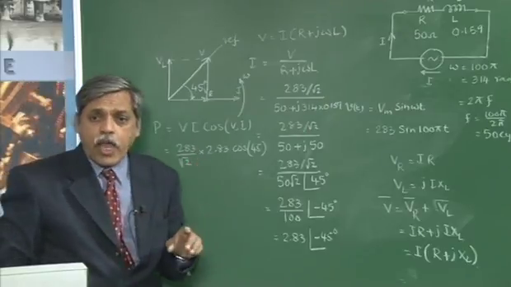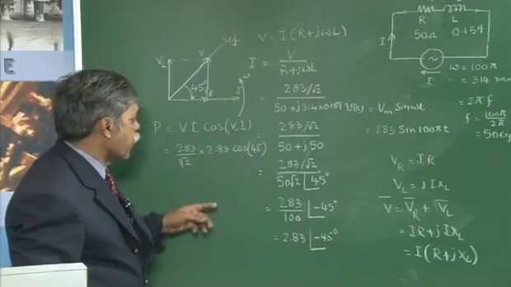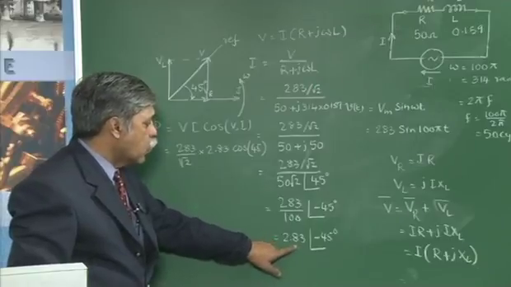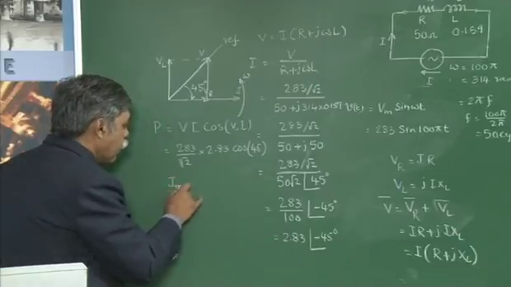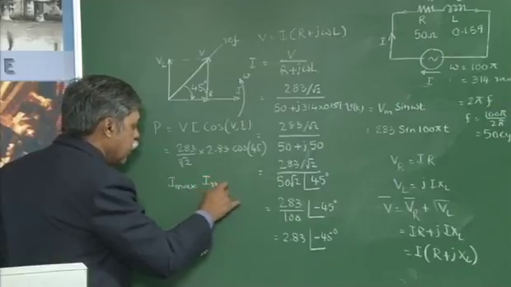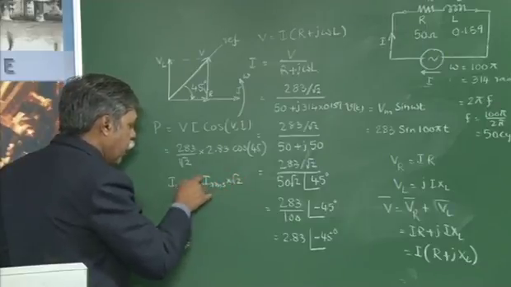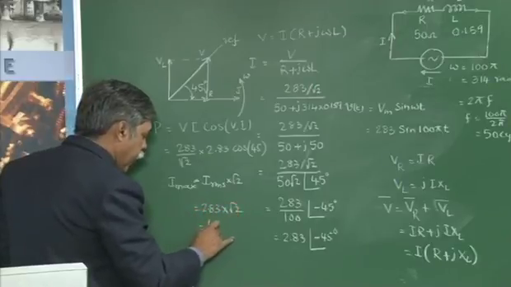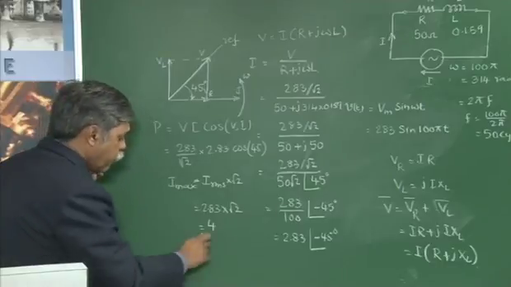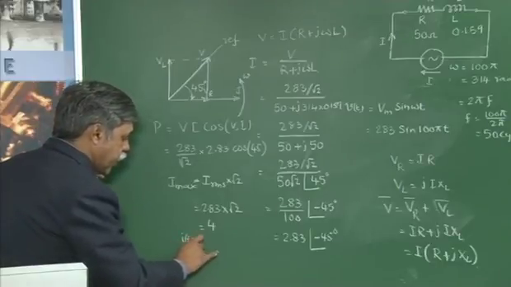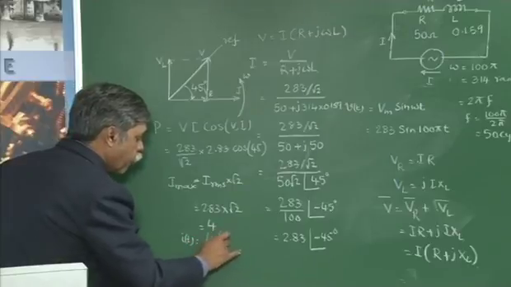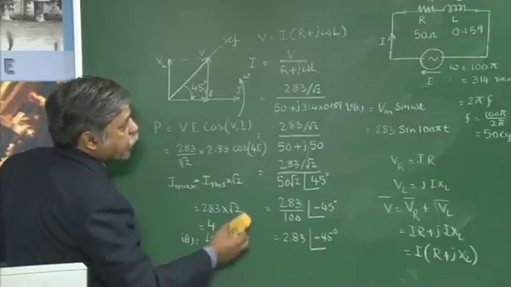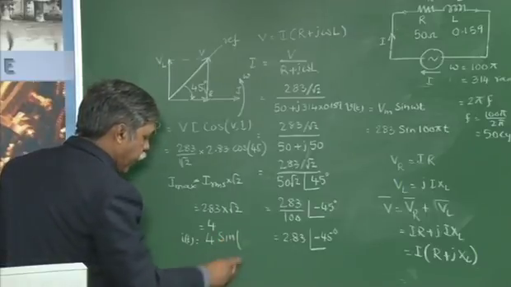If you try to calculate or write down the current expression, I need to write down the maximum value for this. This is the RMS value. Therefore, I maximum will be IRMS multiplied by root 2. So, that gives us 2.83 multiplied by root 2, you will be getting a value around 4. Therefore, I can write down the instantaneous current i of t is equal to 4 sin 314 t, or omega t itself we can write down, or 100 pi itself we can write down.